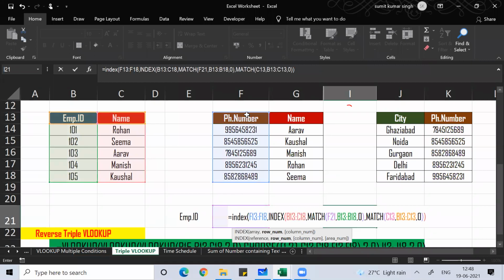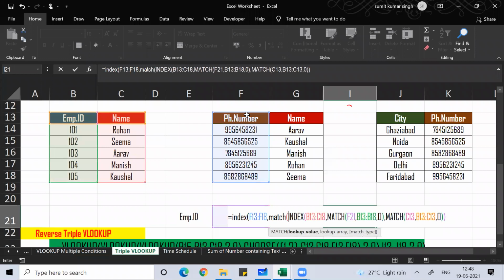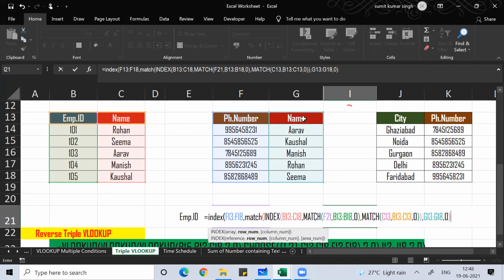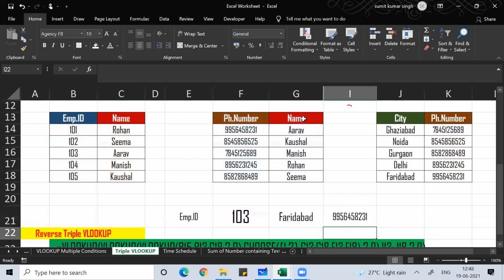Your row number is MATCH. In that, this is your lookup value, comma, lookup array, this is your lookup array, comma zero, close bracket. Close the INDEX function. So you got the array and you get the row number. Enter. You will get the phone number.